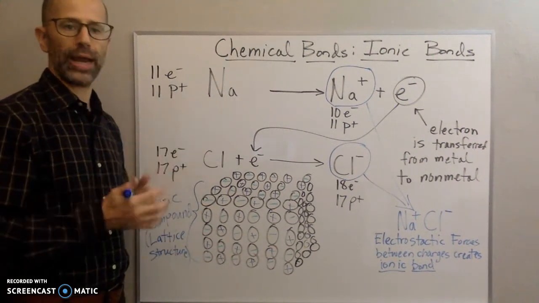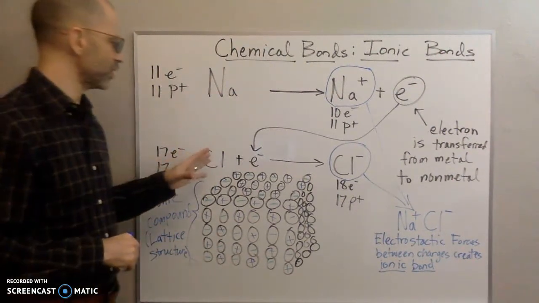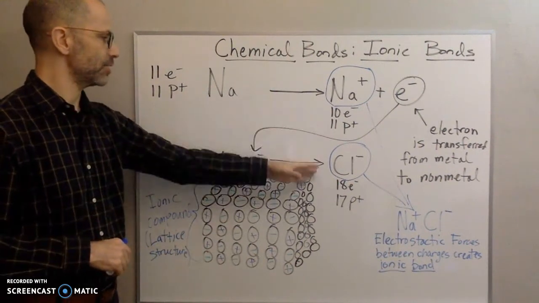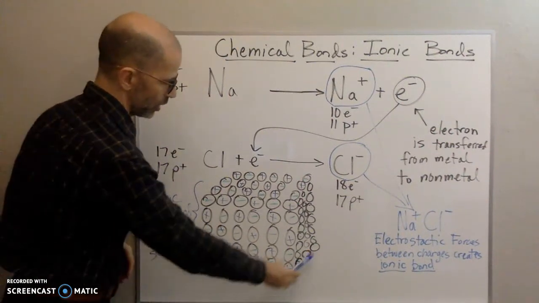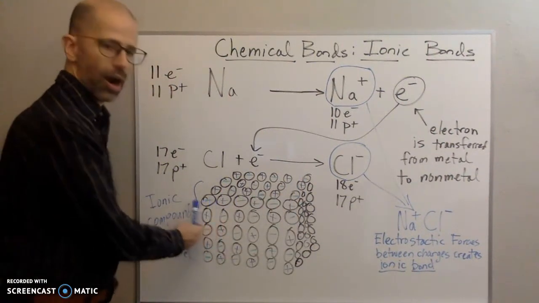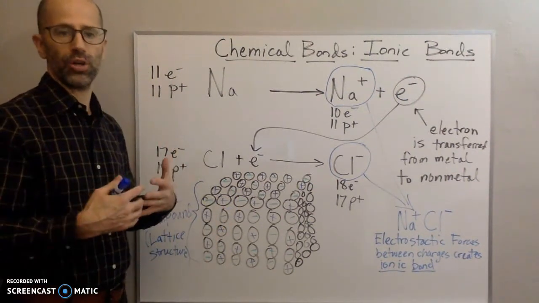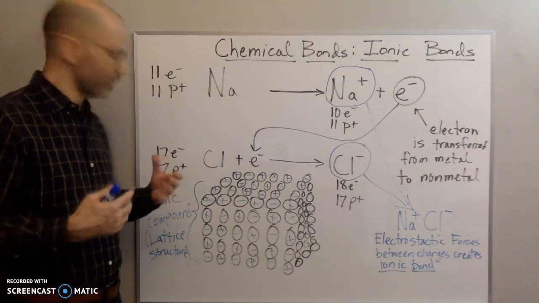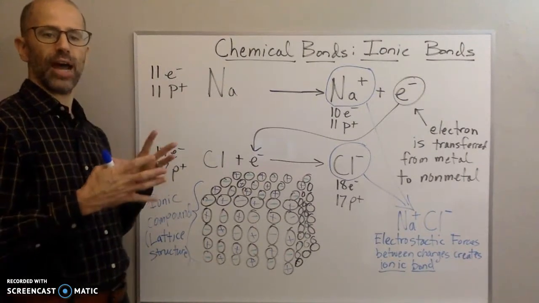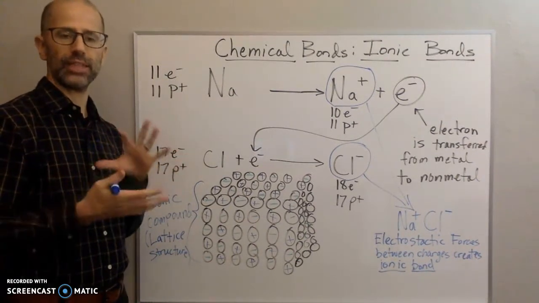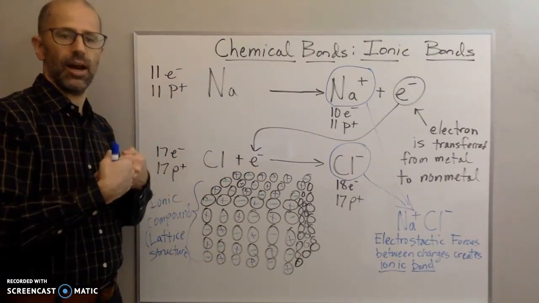So you don't get like one molecule or one set of ions together and then they're by themselves. You get a whole arrangement of ions. So you got a bunch of these chloride ions and sodium ions. So you have a structure like this. So it's like a cubic structure, and they are alternating plus minus because that is what lowers potential energy. This creates what is called a lattice structure, and these ions are going to arrange themselves in such a way that those electrostatic forces lower the